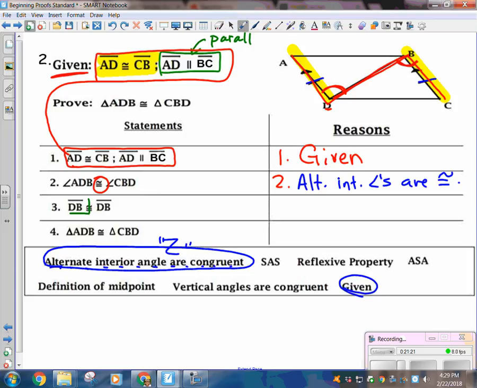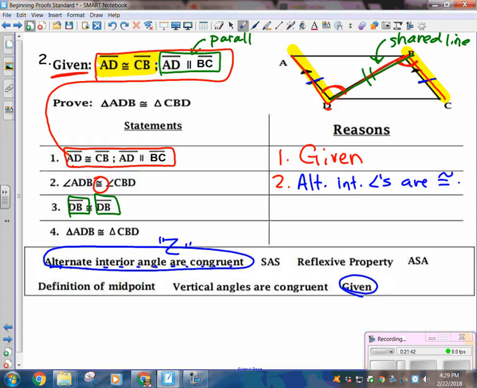Statement 3. DB is congruent to, guess what? Itself. DB. DB goes right across the center, and of course it's a shared line. We talked about shared lines for a couple of days now. That shared line still gives me the same thing. The line segment that goes from D to B in one triangle is the same line segment from D to B